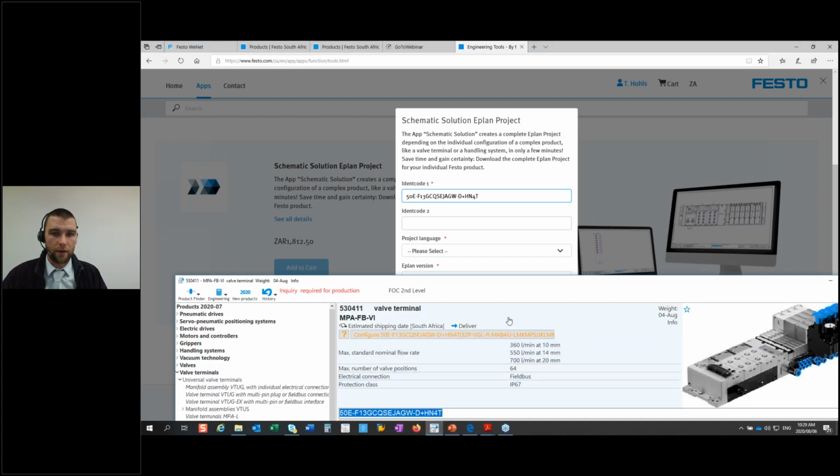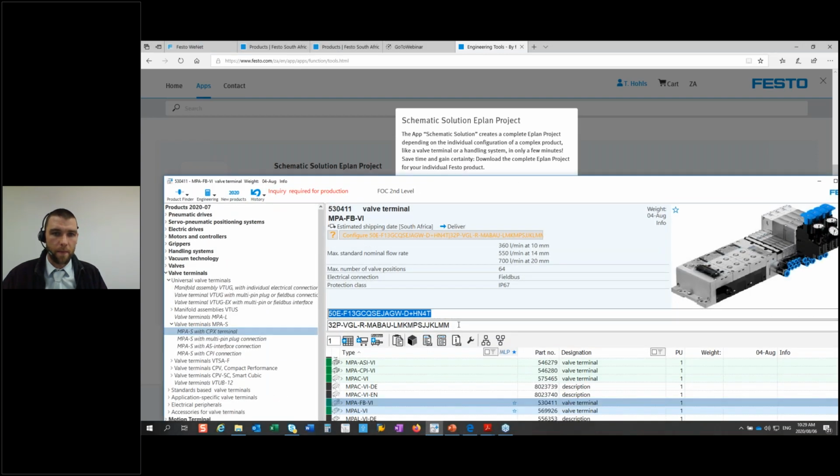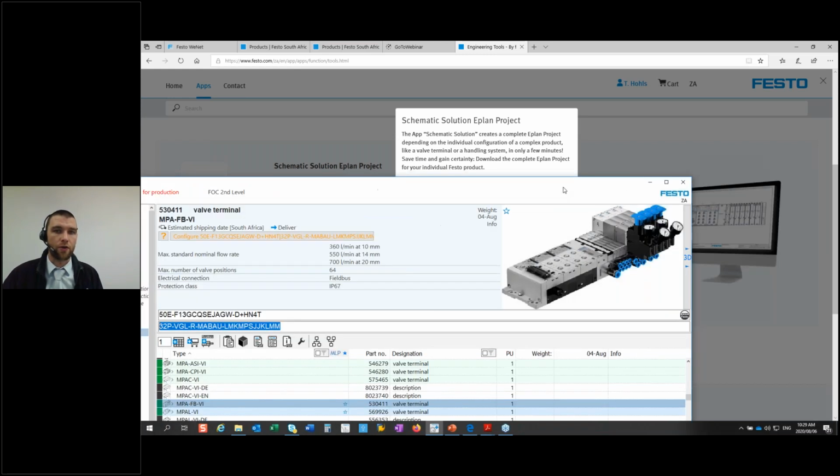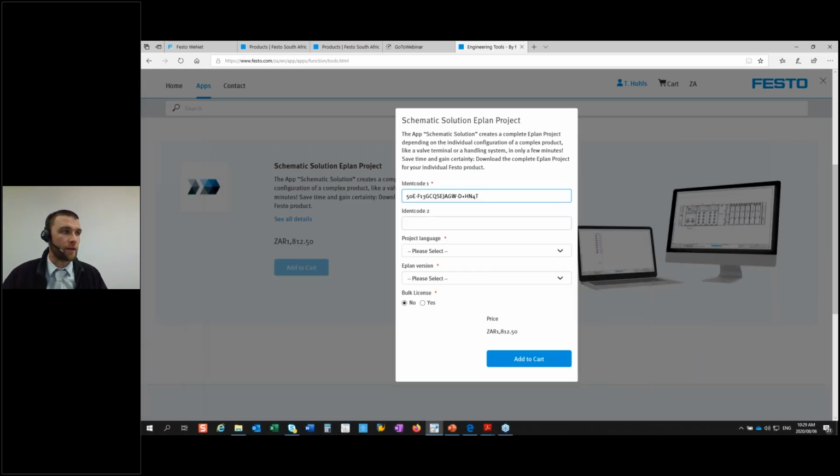Let me add second line as well. So if you only have one configuration code, or you have a C number, which is a newer form of an identification code that we create, then you just paste that into the first ident code line. So once I've inputted the ident code that I want the Eplan macro for, then I select my project language,